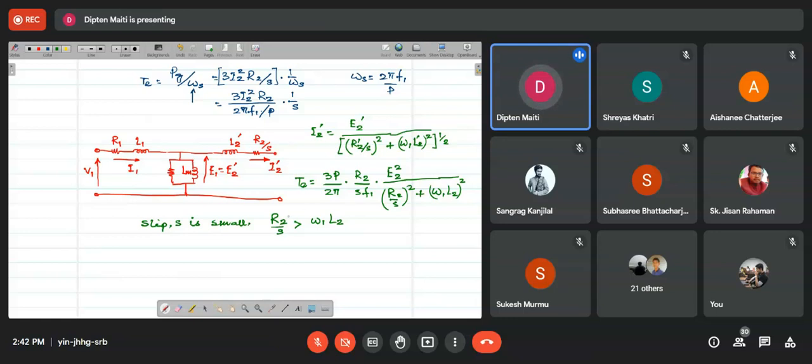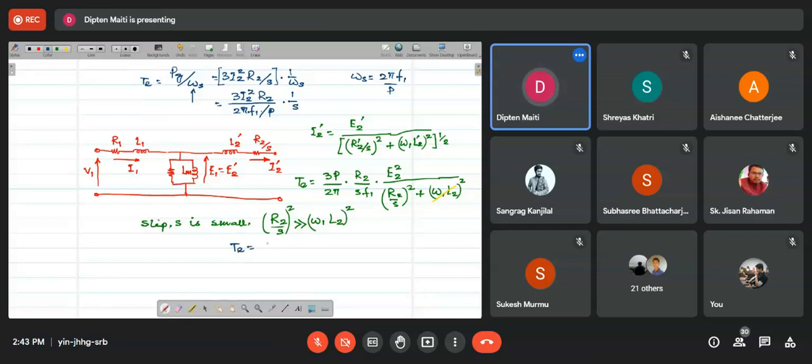Once again, if we put the square of the left hand side and the square of the right hand side, the left becomes much greater than the right hand side. So in effect, we can neglect this part in the denominator. If we do that, the torque becomes